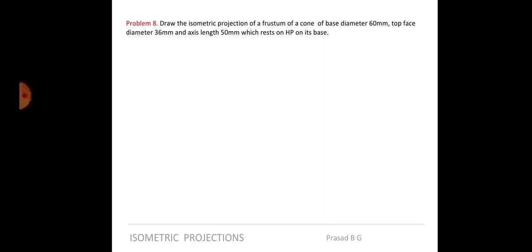Now what do you mean by a frustum? Till now, whatever solids we have been talking about, prisms, pyramids, cone, cylinder, cubes or whatever, the solid is completely there, isn't it? If I say a pyramid, it means the entire pyramid is there. Or if I say a prism, the entire prism is there. Now, when you say a frustum, this frustum is basically coming for pyramids and cones only, because for prisms, if I say frustum also, it doesn't make sense.